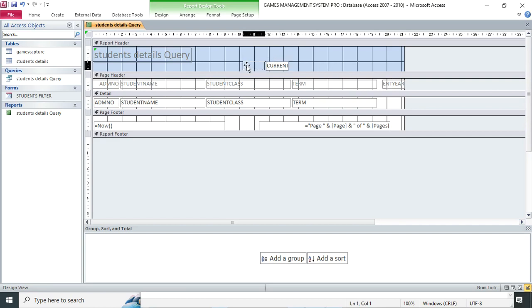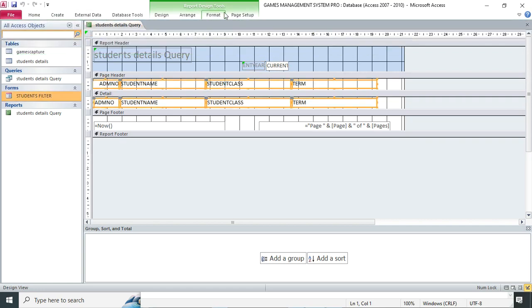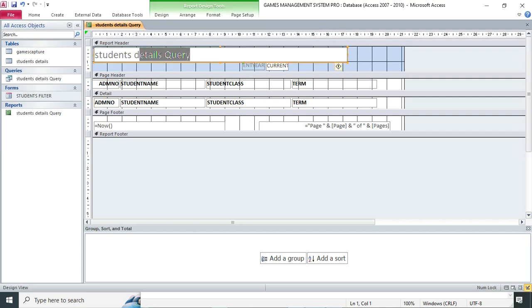Can have the year there. Good. Then drag this, go to page format. So that's what I have. I go again to format and bold. This is now my report, or my list. This is student lists. So once I do that,